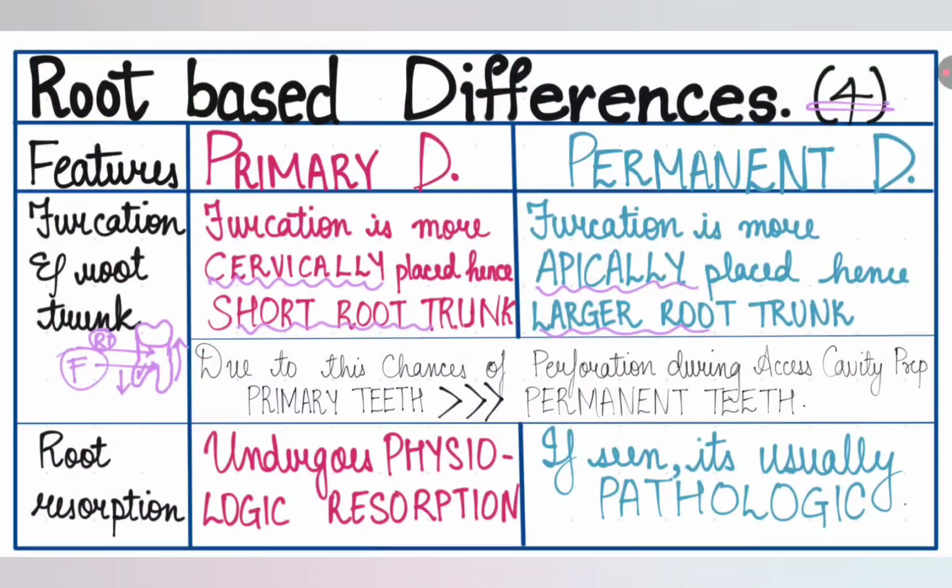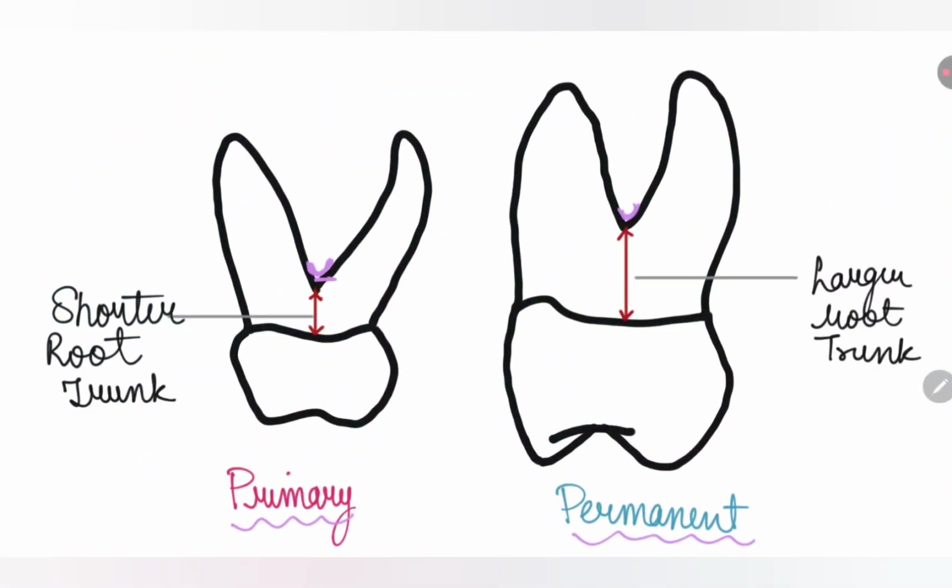So in primary teeth there are more chances of perforation during access cavity preparation. Why? Let's see. For example, now we are going to prepare an access cavity in these teeth. Here there is pulp. We go on preparing the cavity. We remove it, and there are chances of perforation because it's very short. You can perforate the furcation area from here to here with an air rotor. Whereas in permanent teeth, even if you are preparing the access cavity and even if you go deep, there are less chances that you will perforate the furcation area. Okay.